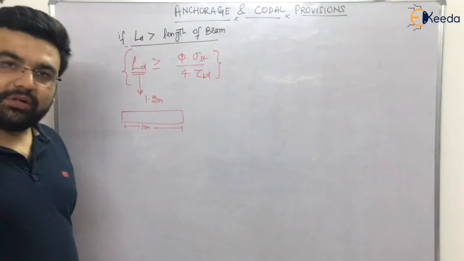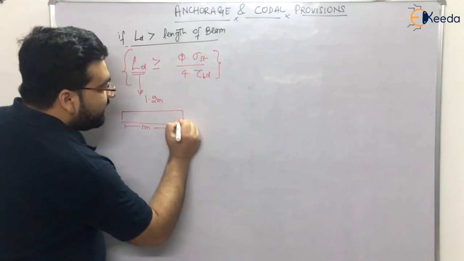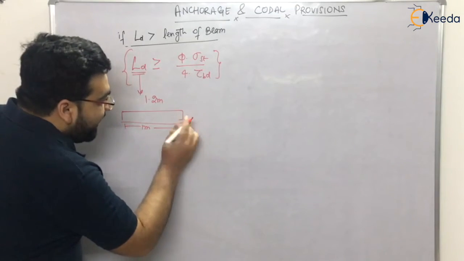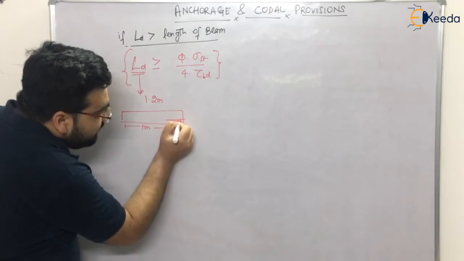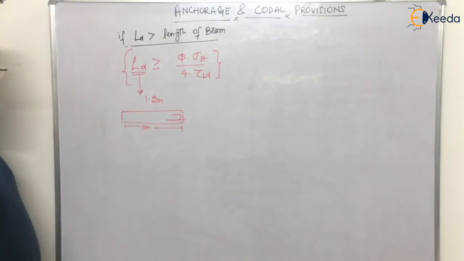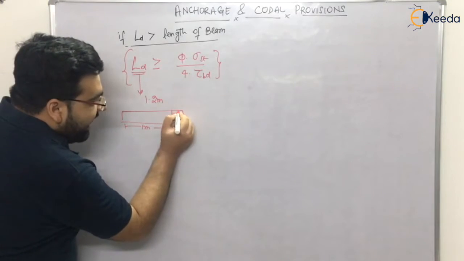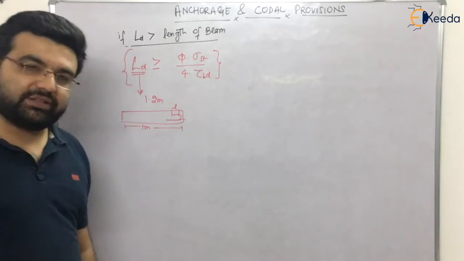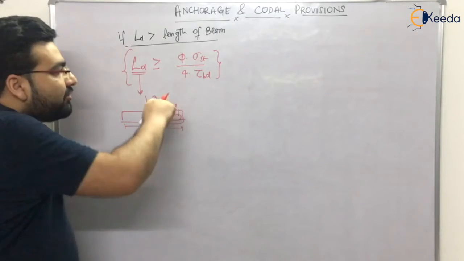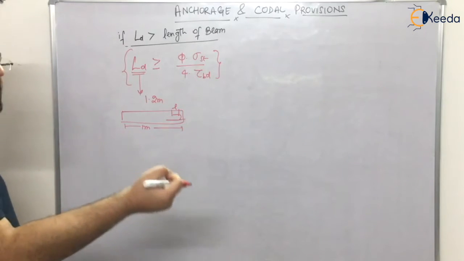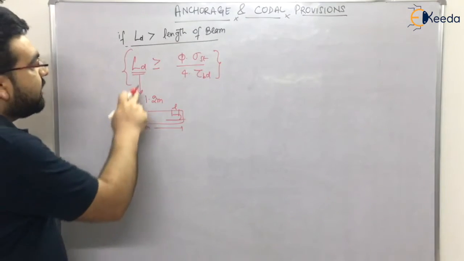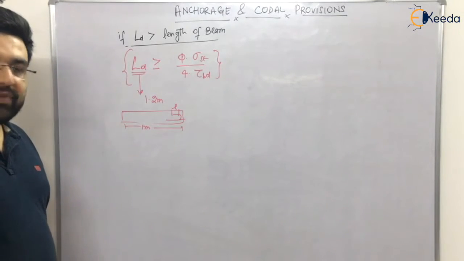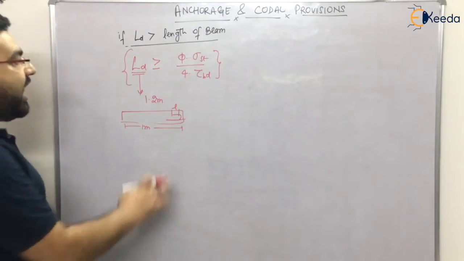What will you do then? Obviously, you cannot take the reinforcement out of this section. What will you do? You will bend the reinforcement like this. So this length, let us call it L. This length is known as the anchorage length, and this phenomenon is known as anchorage. What it does is it increases the bond stress as well as provides sufficient space for the reinforcement. So this is the advantage of using anchorage.